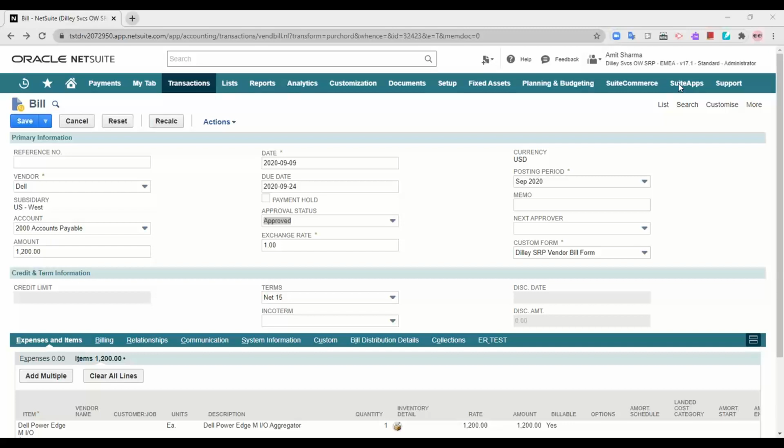So if I have any approver, any superior who is going to approve this particular vendor return, I'm going to keep it as pending approval. If I am the ultimate approver, as I have logged in as an administrator, I do not want it to be pending approval, so I'm going to change the status to pending return.